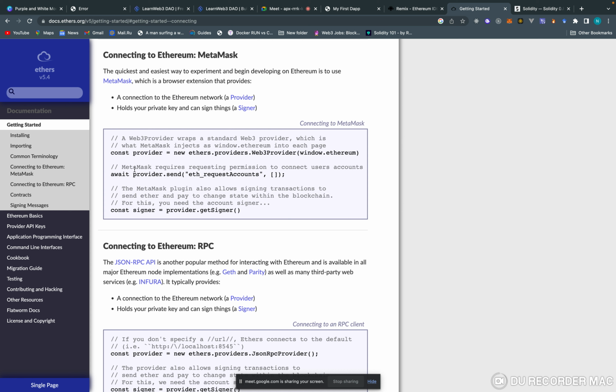So I can just copy this and paste it. Since I'll need the signer here, that means I'll have to create it up here somehow. So I can just say const, no, I already copied it, so I can just paste it right here. So with this, window.ethereum is